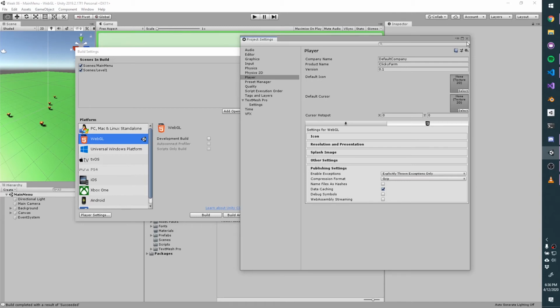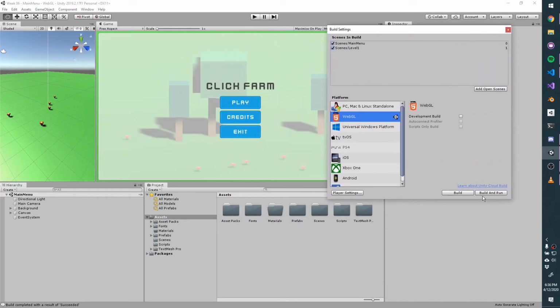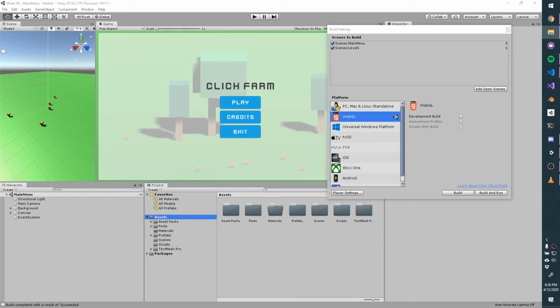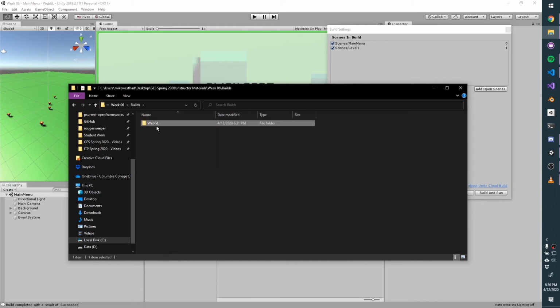Once you've got your build, anytime you make changes to your game, you can hit build and run to run them and test them in WebGL, or you can just hit build to just build the WebGL files to that folder wherever you select on your machine. So I'm going to pull that up here, Show in Explorer, into my builds folder. Here's my WebGL build, and the anatomy of it is that there's an index.html file, and